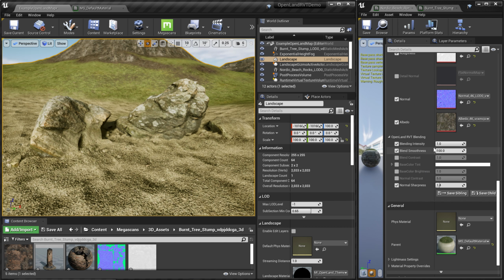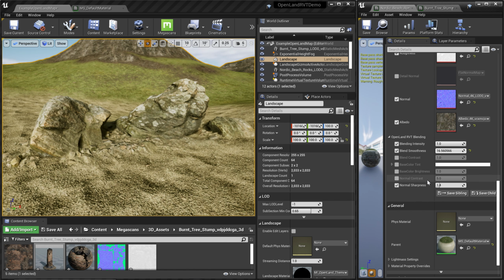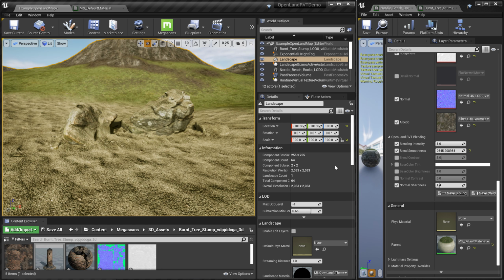For that, I'm going to focus on the blend smoothness, as shown in this place. So I can reduce that. Now you can see you can get some more information from the actual rock, because we control the blending height over here. So let's say I want to put sand or some of these flat areas on the rock, so I can crank this number, something like this. So if that's what you're going for, you can do that.